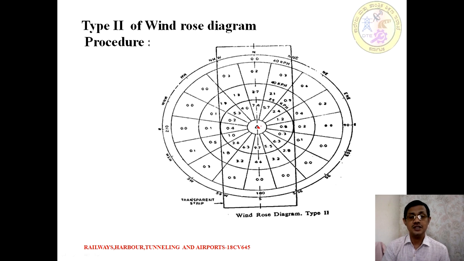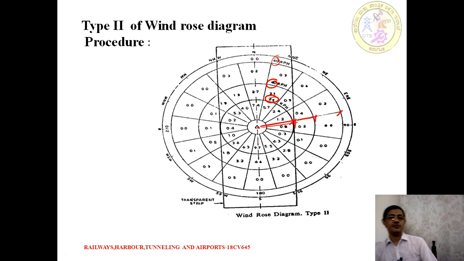After that, each of the radial lines is drawn. These lines give you the exact intensity of the wind. For example, in this case, if it is 25 kilometers per hour according to the scale you have chosen, try to draw a circle with a radius of the scale of 25 kilometers per hour. Similarly, 40 kilometers per hour and 60 kilometers per hour. So we end up with the first circle of 25, the second of 40, and the third circle of 60 kilometers per hour of wind coverage.